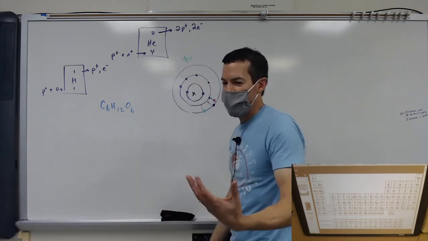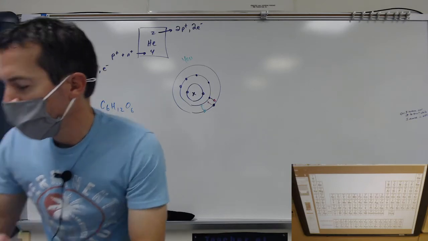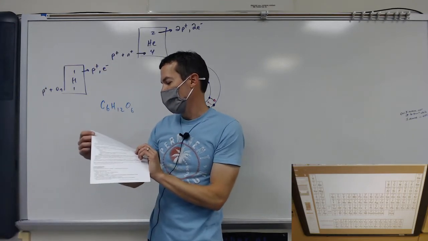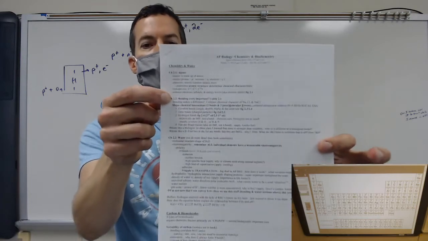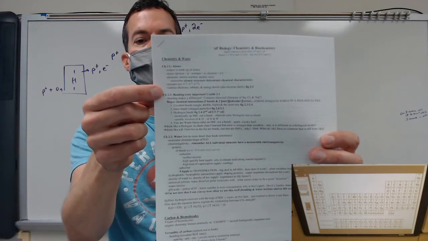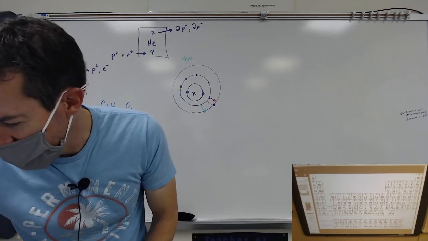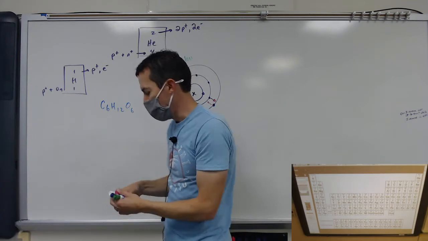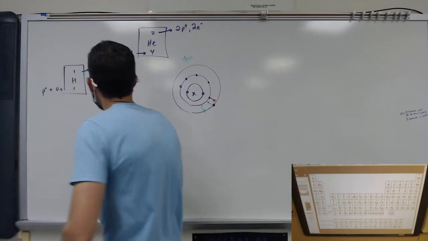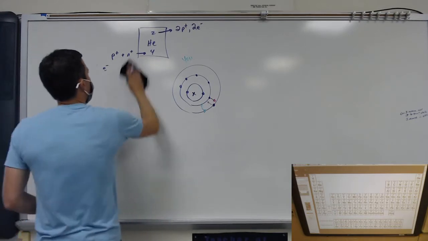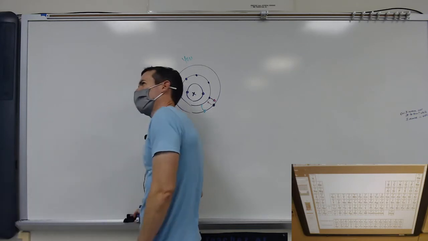Okay, so if you're following along in your notes, skip down to where it says, we'll ignore isotopes for the moment. Skip down to where it says bonding. Right there. So bonding, 2.2. So there's covalent bonds and ionic bonds. We mentioned those just a moment ago. So for an ionic bond,